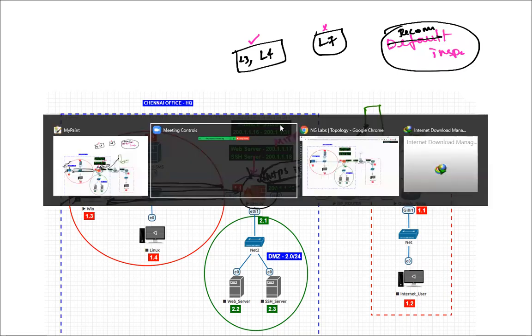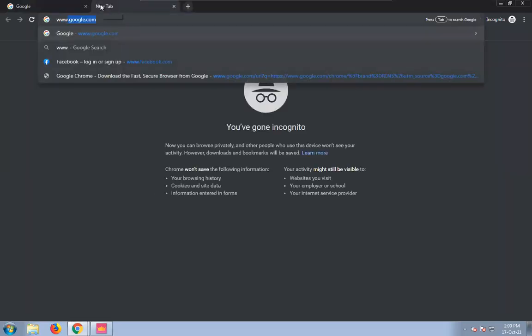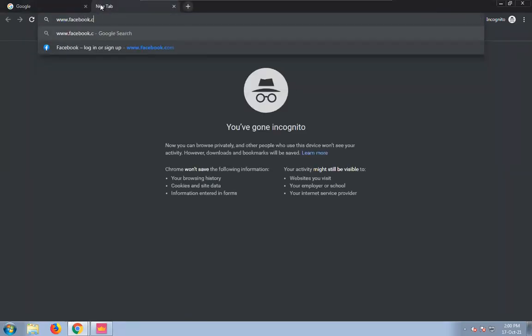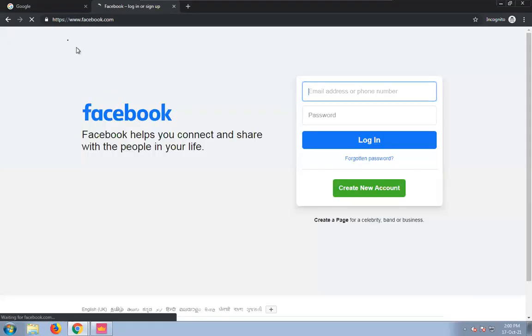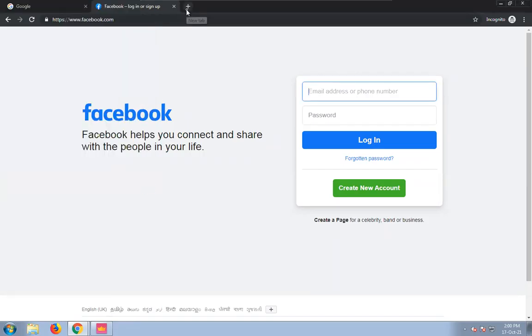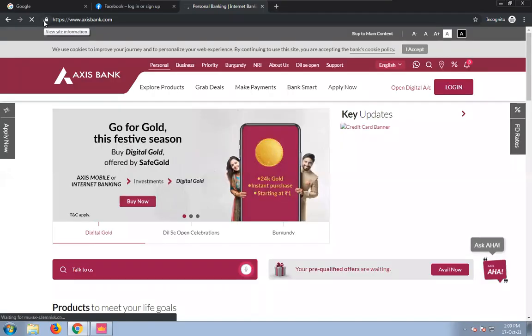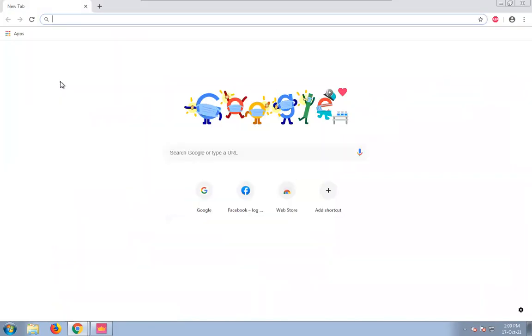Not only for google.com, guys, any website, right? Even if I go to facebook.com now, that site is also signed by the same certificate authority, which is ng.in. If you go to any website, this is what's going to happen. Let me go to some banking websites too, for example, accessbank.com. Even for Access Bank, the content can be seen by the Checkpoint device because Access Bank is also signed by